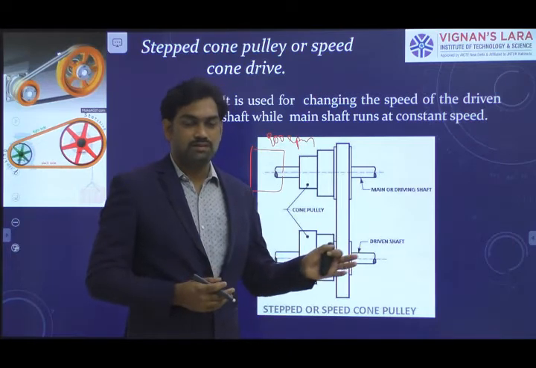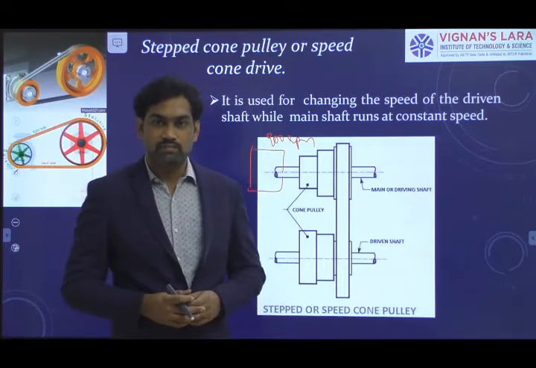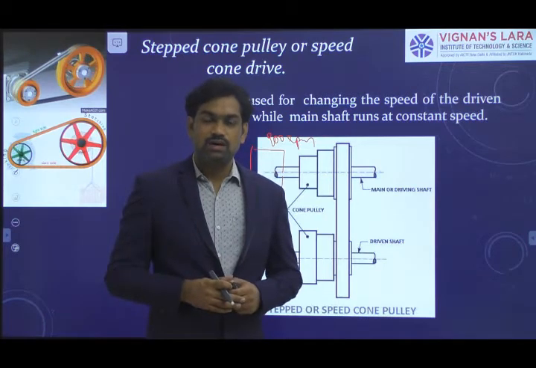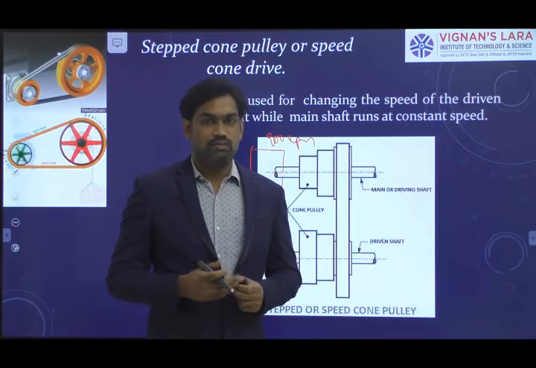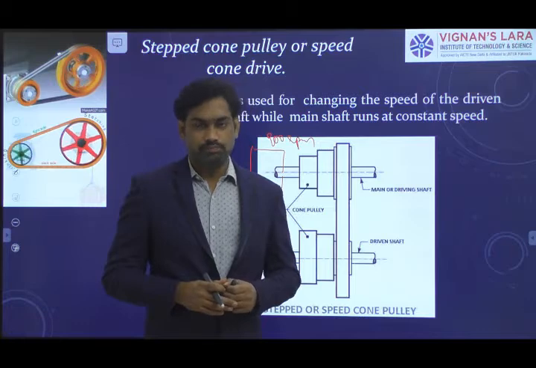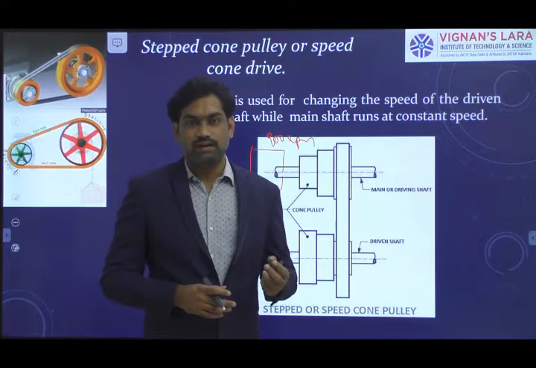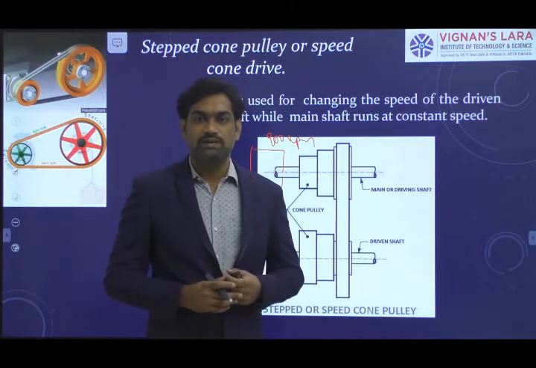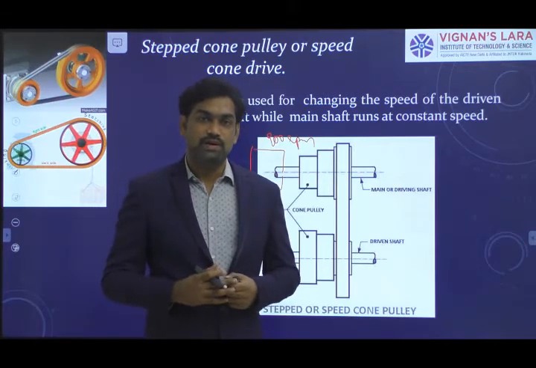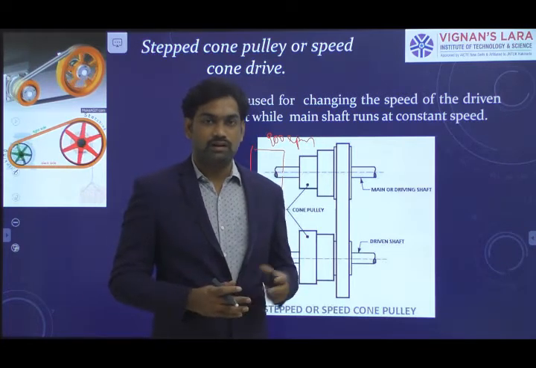We require different speeds for different operations. For example, you can take a lathe machine. In the machine tools lab, we have a lathe machine, so we can observe it. The electric motor is the source to rotate the chuck. Clear? For rotation of the chuck, the electric motor can rotate at the same speed. But if you want to do different operations on the job, for each and every operation we need to change the specific speeds. For thread cutting, the speed may be different compared with the speed of the turning operation as well as the facing operation. So we need to change the speed of the chuck without changing the electric motor, whose speed is constant.